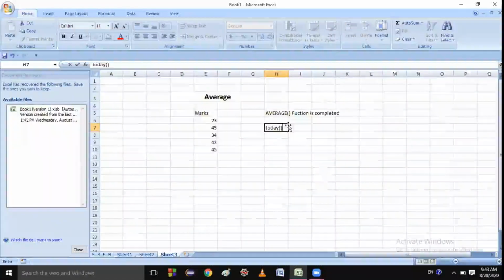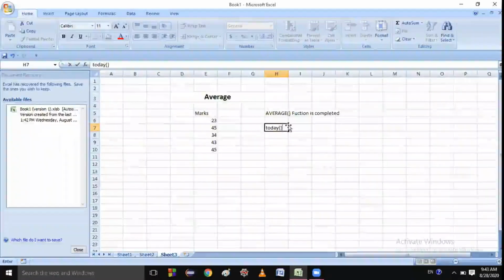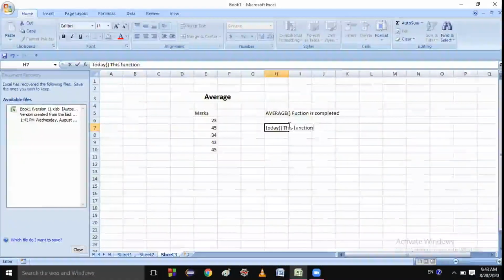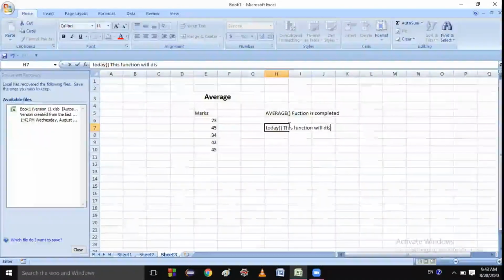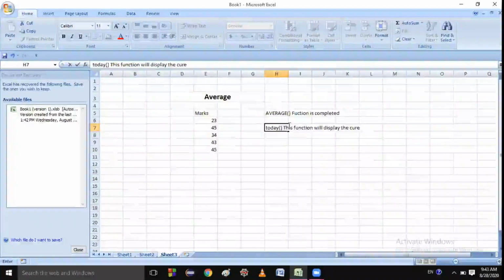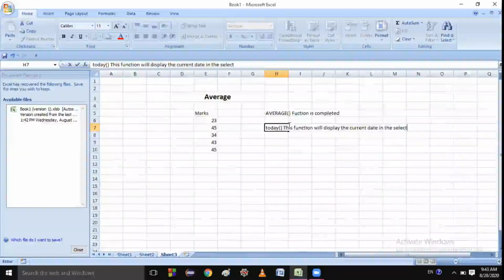The TODAY function will display the current date in the selected cell.